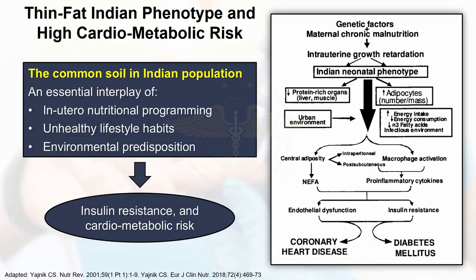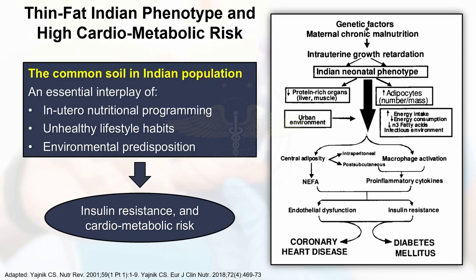And there's a very beautiful picture of Yajnik sitting with Yudkin. Both of them have the same BMI. And we have already discussed that we define obesity by BMI, but BMI is not the only way to define obesity. Waist circumference is also very important because central adiposity is determined by the waist. So I may have a normal BMI and yet I may be centrally obese. The waist circumference may be more than 80 centimeters in women and the cutoff is more than 90 centimeters in men. So Yajnik and Yudkin had the same BMI, but Yajnik had more visceral adiposity as compared to Yudkin.